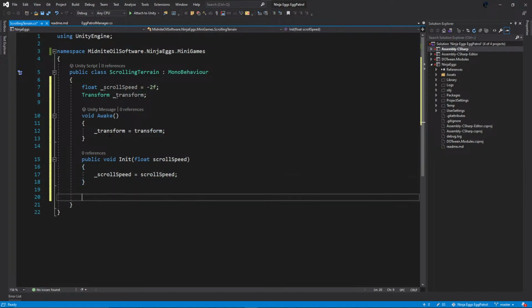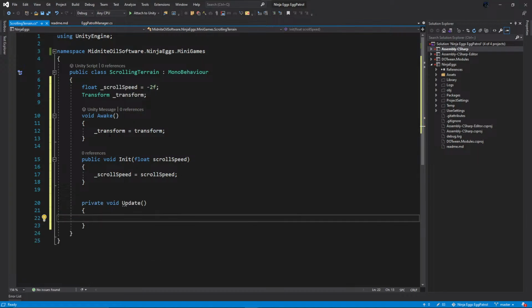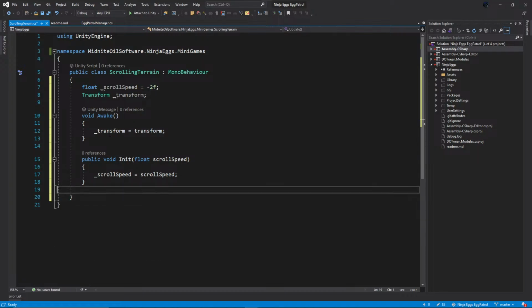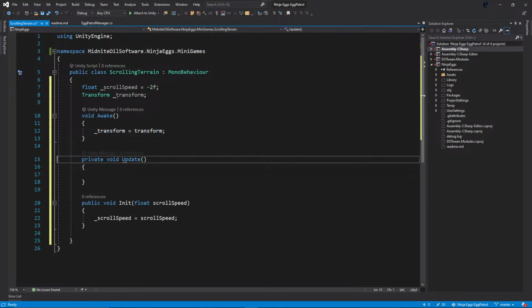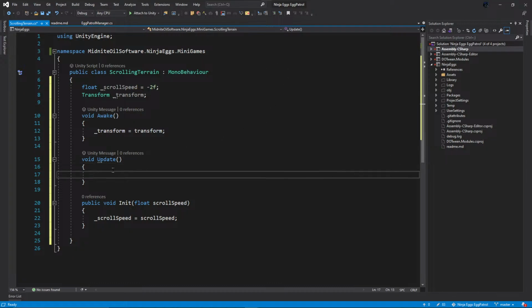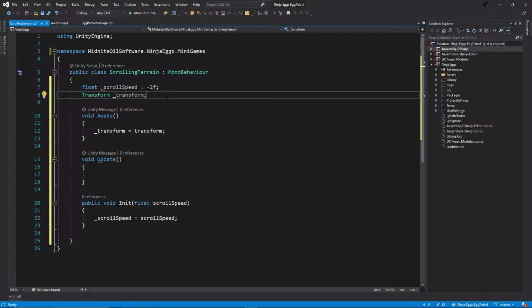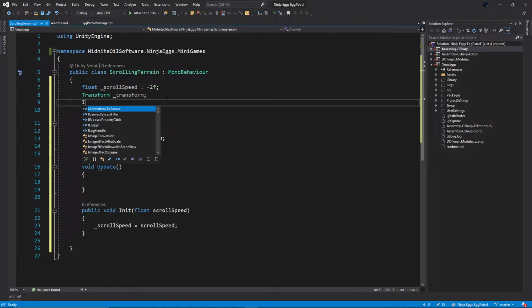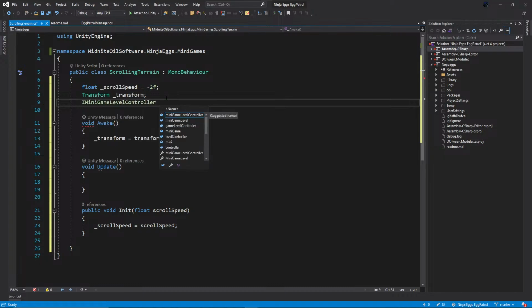So I'll save the scroll speed into our local variable. Now in the Update method, I'm actually going to move this. I like to put all the Unity callbacks up at the top. So, you know, he's going to need to get a reference to the level controller, because I need to find out if the game is playing. I only want to scroll the terrain if the game is playing. So level controller, and also in the Awake method,